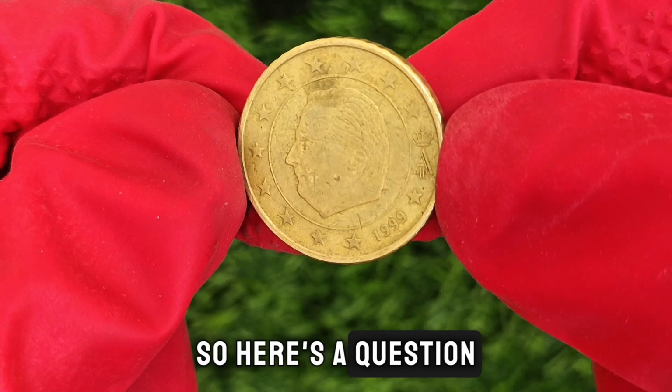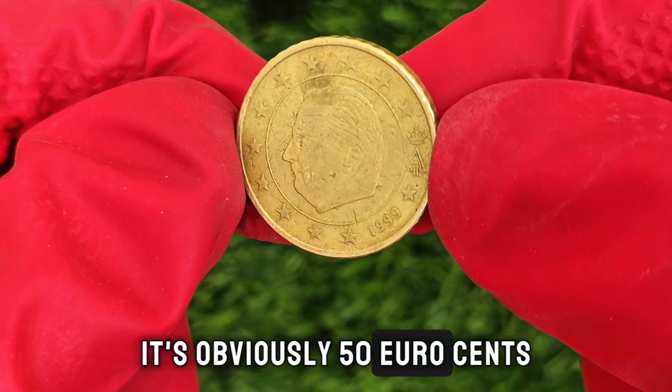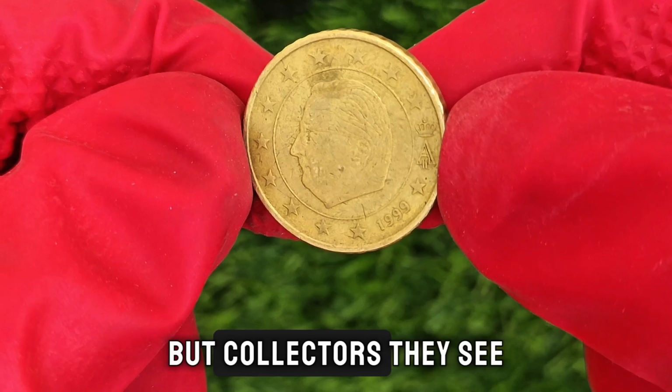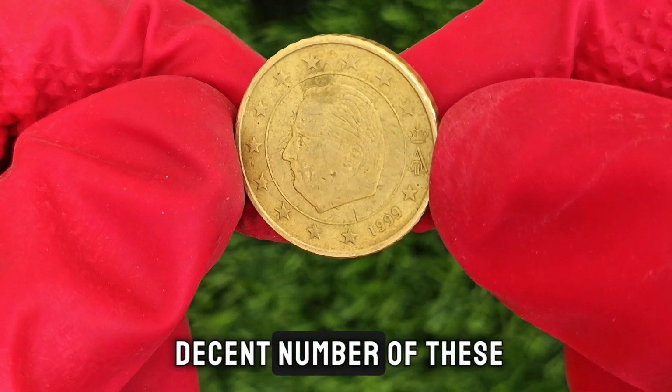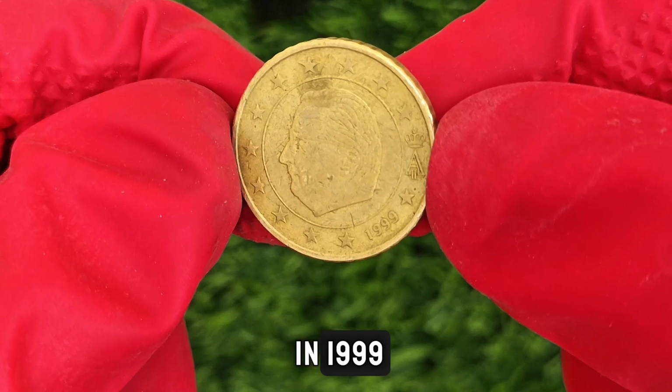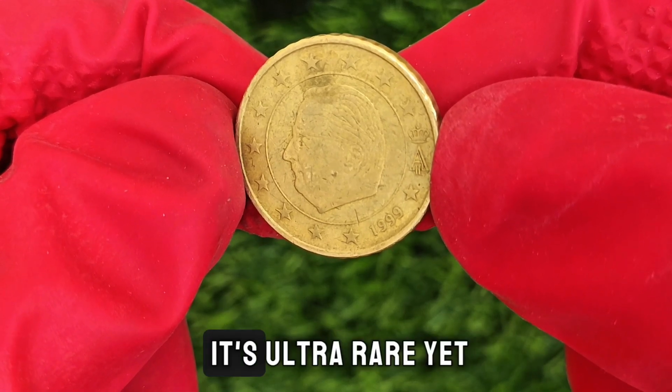So here's a question, what's it worth? In terms of face value, it's obviously 50 euro cents. But collectors? They see something else. Now, Belgium minted a decent number of these in 1999, over 75 million, to be exact. So it's not like it's ultra rare